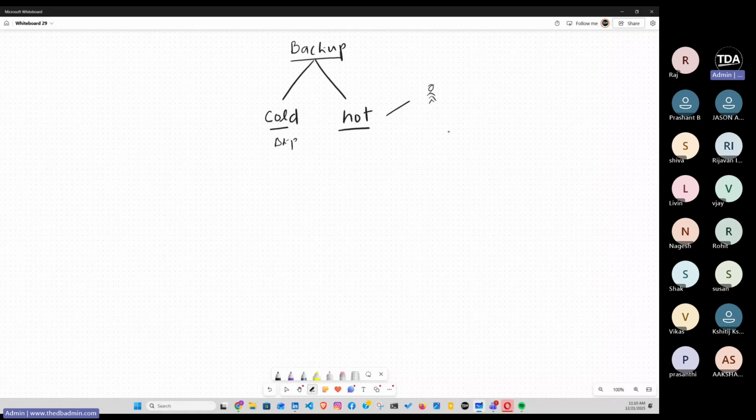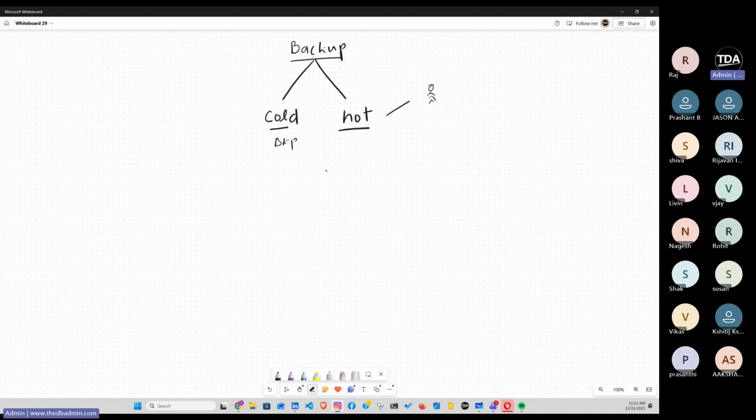Now let's understand a few more important things, because these terminologies we are going to use again and again in the whole class. And also when we talk about backup, I will talk a little bit about the automation part also, because that is related to this topic. So cold backup, hot backup: when the system is up and running, transactions are happening, it is a production environment, you don't want to shut down the database, but you also want to take the backup for future recovery or future crash purposes.